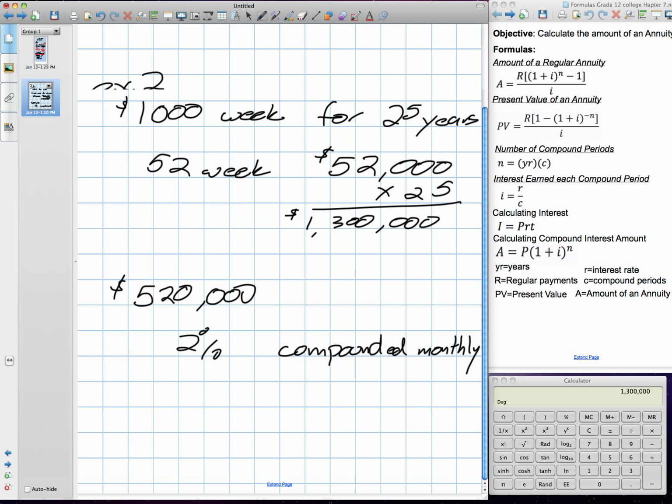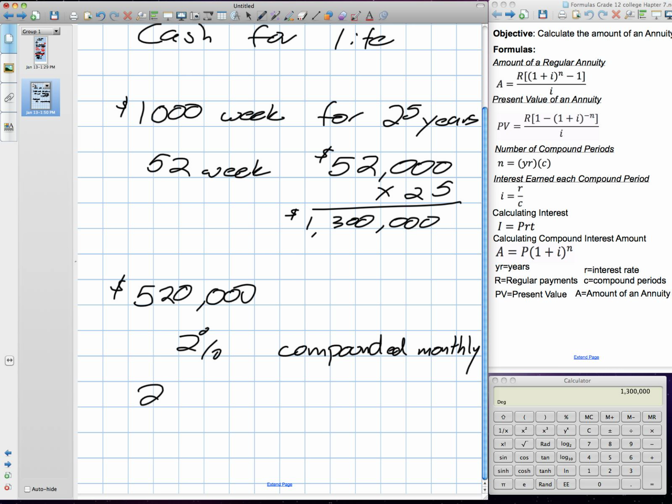Since this is 25 years down the road, that means you would keep the money in the bank account for 25 years. Okay? So we have to figure out if the payout they're going to give us would be worth the $1.3 million in 25 years. Okay? So